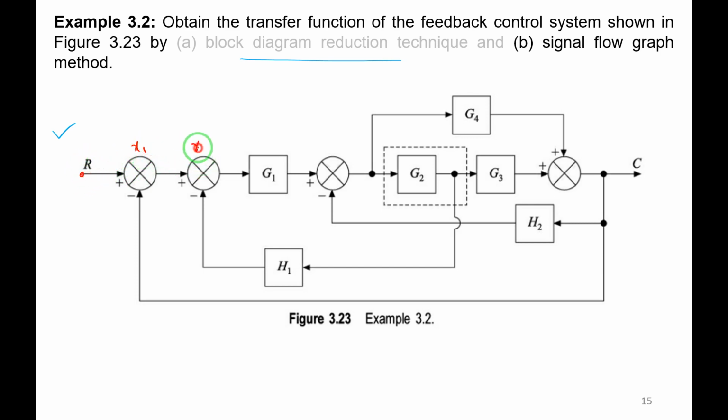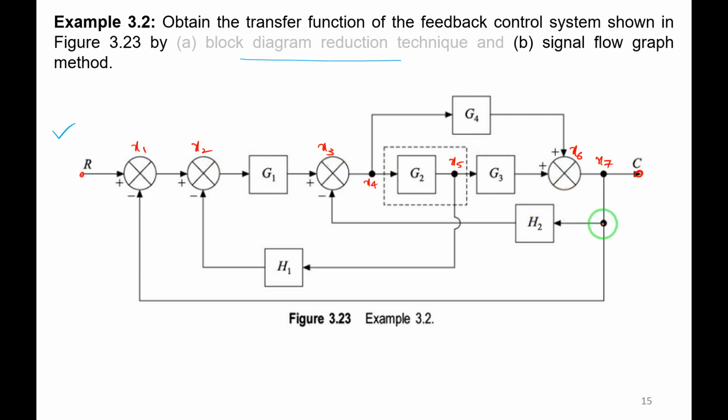X1, another summing point X2. Here the gain block is there, leave it. The summing point is there, take X3. And the takeoff point is here, X4 you take it. Then one more takeoff point, so X5, going from input to output, forward path. Then gain you leave it. Then the summing point you take X6. This takeoff point is there, X7. And one more node is there, that is the C node, right? Okay, X1 to X7.